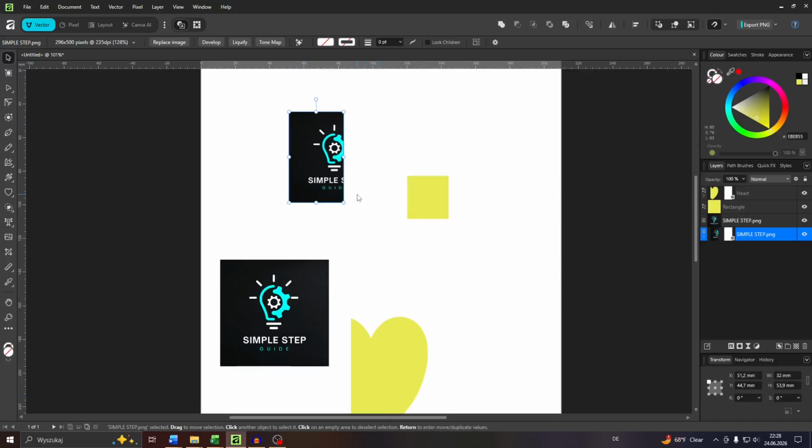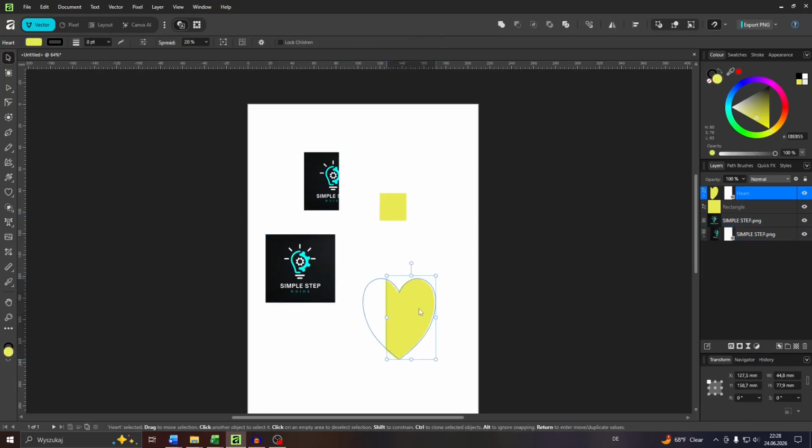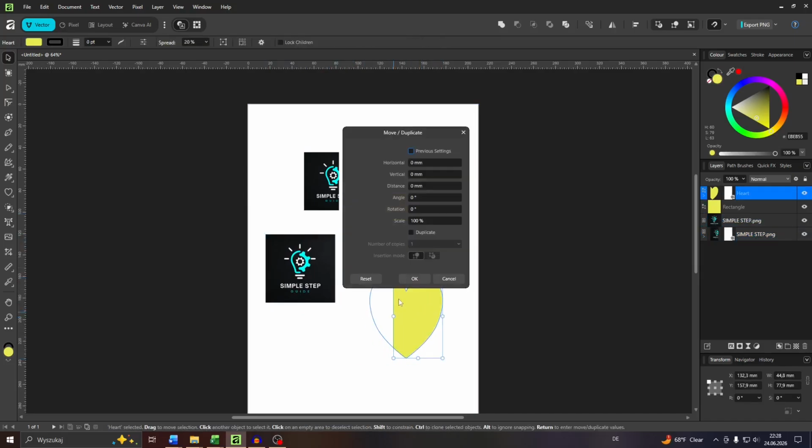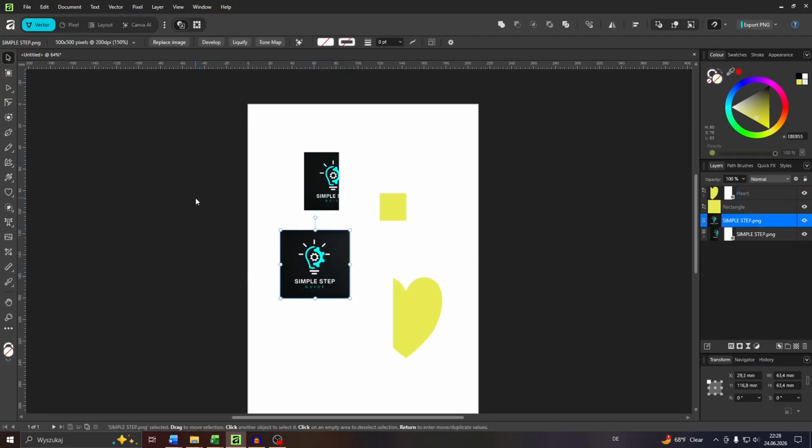Hey guys, what's up? In this tutorial we're going to show you how you can duplicate an object or element on your canvas in Affinity Designer. So let us get started. So what you want to do, guys, is navigate to your design project here on Affinity, and there are two